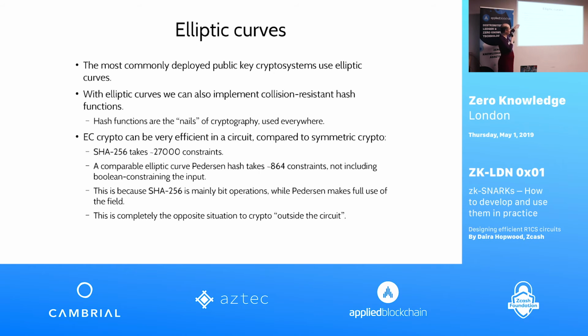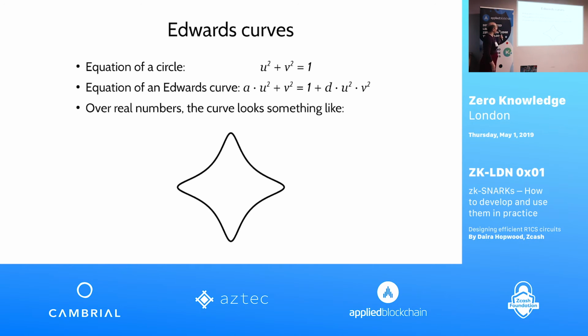I should say, by the way, that there are some proposals for how to do efficient algebraic hash functions, and quite recent ones. One that's going to be published, I think, next week, that will reverse the situation again, and you will be able to do symmetric crypto very efficiently in the circuit. But I don't think I'm allowed to tell you how performant it will be. I've been sworn to secrecy for this. Okay, so